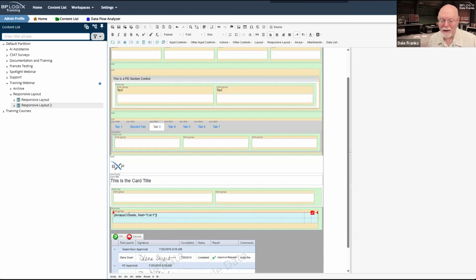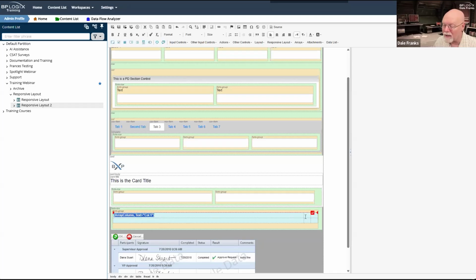I technically need those quotation marks, but I've already put them in here, so I guess we use them. Normally, what I would do at this point is I would not type in my array column system variable or control tag like this.